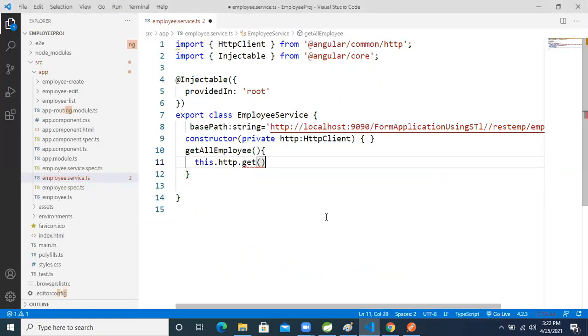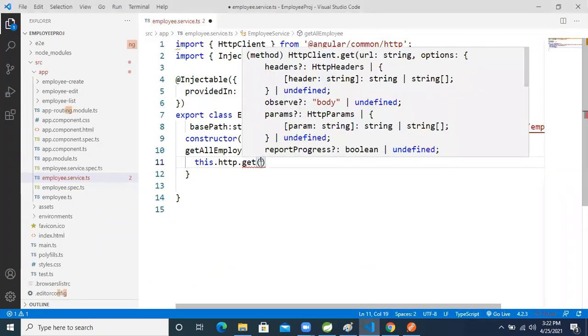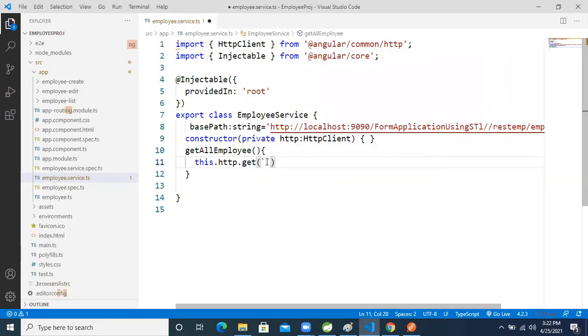Inside that, what is the base path? This symbol you have to use, the backtick. Then dollar, open bracket, close bracket. Inside that, this dot base URL, base path. Take the base path.